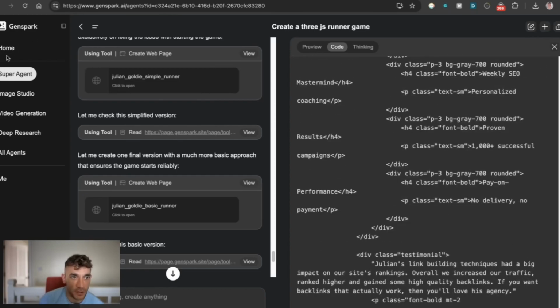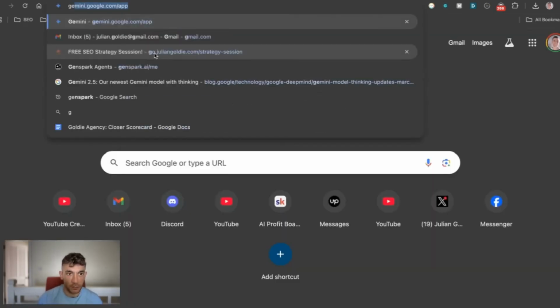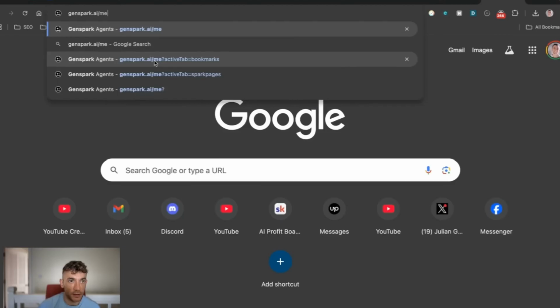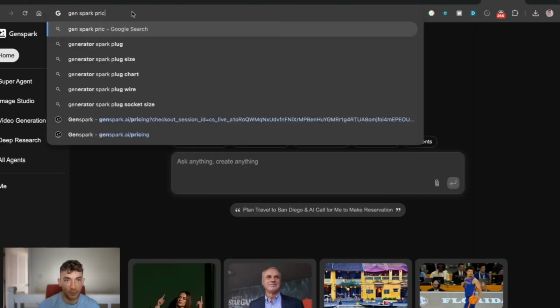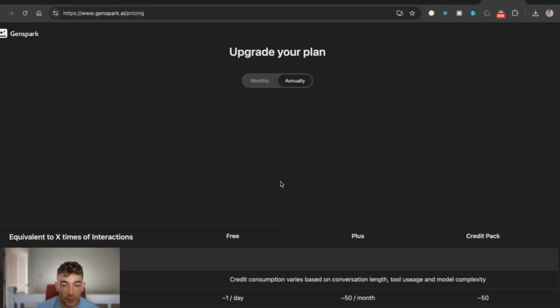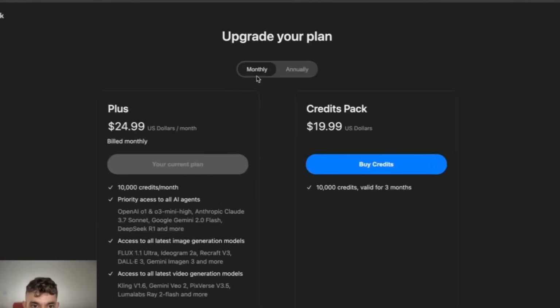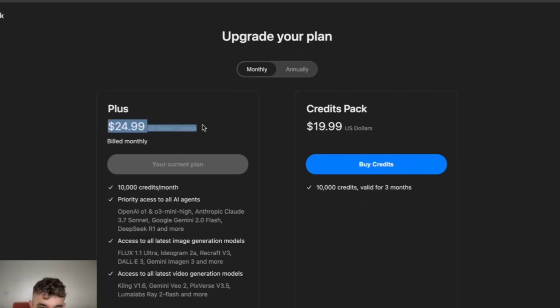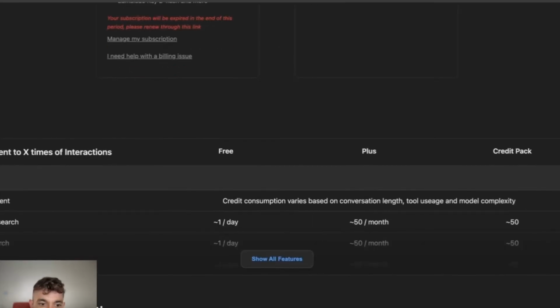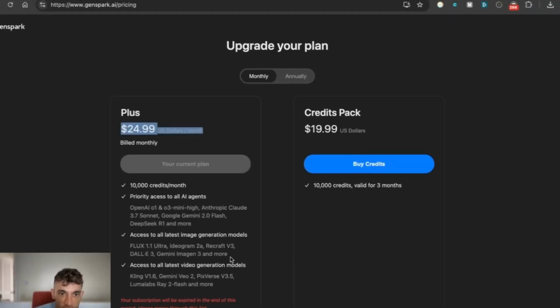Let's have a look on the homepage here. So if we go to Genspark AI, I think it will have pricing on the website. Let me find the pricing for you. All right, so here's the plans. If you do monthly, it's $25 per month. If you want to buy more credits, it's $19. I've absolutely rinsed this. I signed up for the $25 package, and I think we've used about maybe 7,000